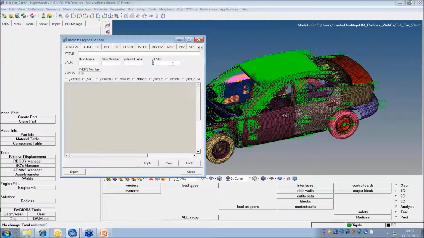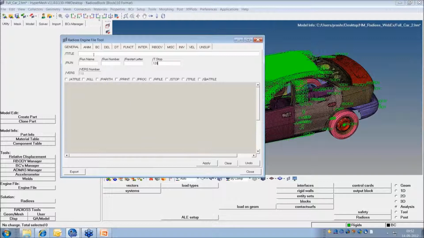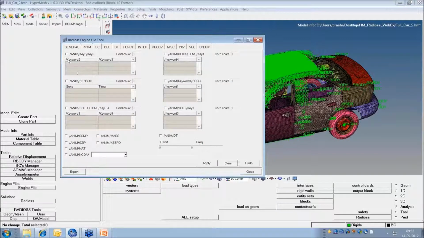and I want to run it for say 120 millisecond, 0.120. I'm following the unit system as second, so I'm giving the value 0.120 here. And I want different types of animation. Let's say for all the elements, I want wall mesh stresses. For all the elements, I want plastic strain, and maybe for all the elements, I want